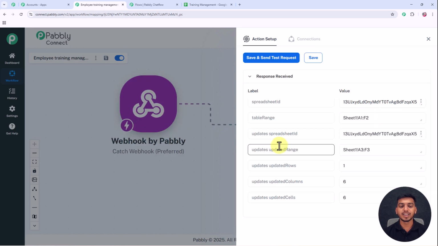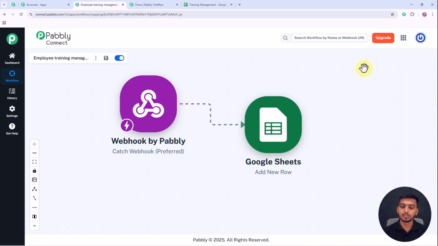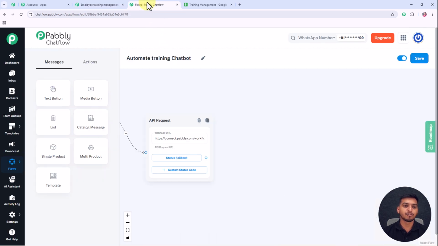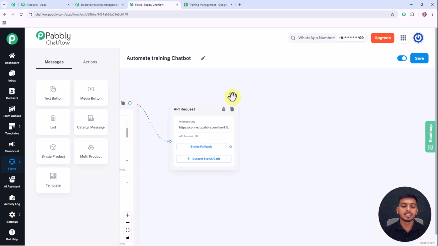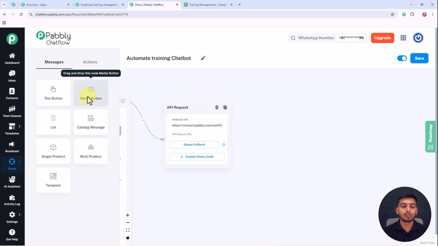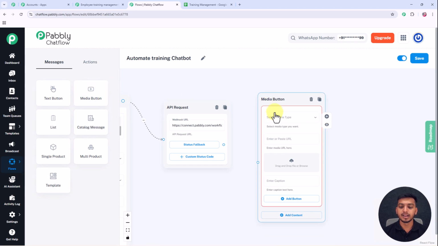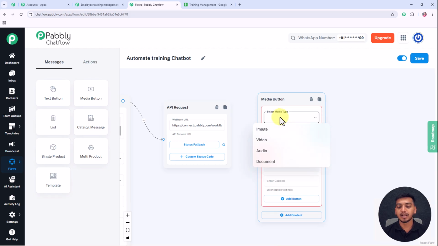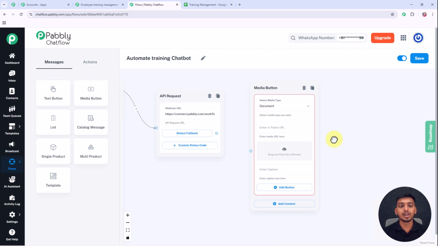And now as we have successfully completed this API request workflow, I will go back to my Pabbly Chatflow account, and here you can see this API request button is set up successfully. And now as I want to send a document to my user with all the detailed training program, for that I will drag this media button from here, and I will drop this media button here, and inside this select media type I will select this document because I want to send a document with all the details about